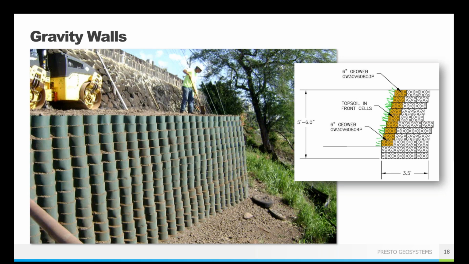So if you do have a fascia wall, so if you are going up against a weathered rock face or bedrock, something like that, you could have just a fascia where you're basically just putting the GeoWeb panels in front of this rock face so that you can get that green retaining wall, that green face, because bedrock typically does not grow vegetation very well. But so you're just sort of building up a little bit of a face in front of it.